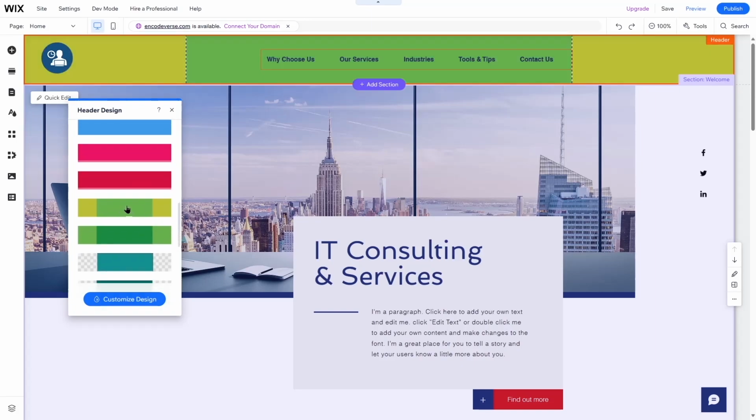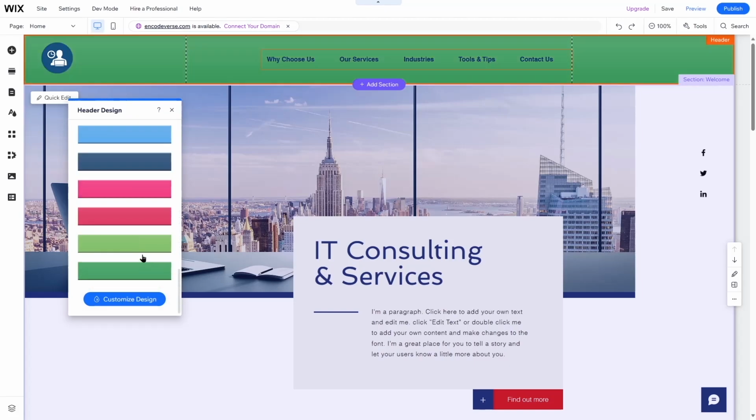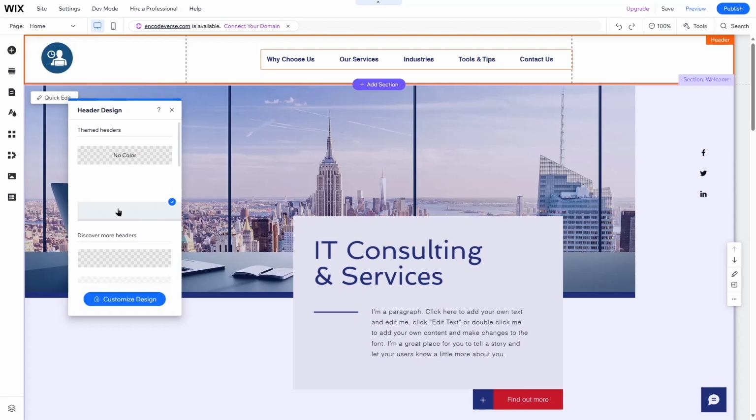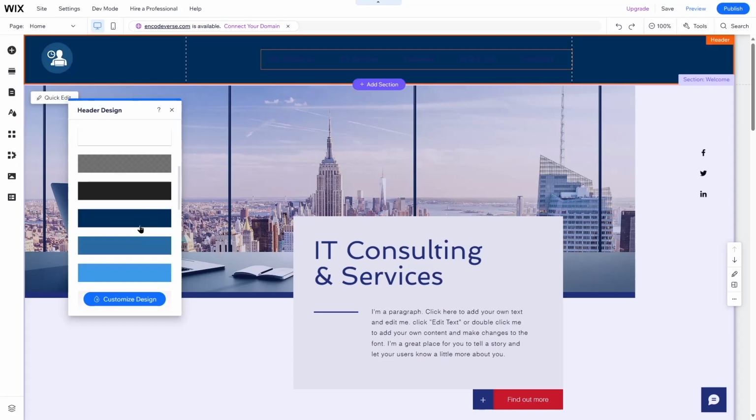You can choose any color that you like. So this is also another pattern. If this is something you like, you can choose these colors, right? But I think the white background was working perfectly, okay? You can also click on the customize design and choose your own type of background. You can click on the fill color and opacity. Let's actually show you this one. Let's select